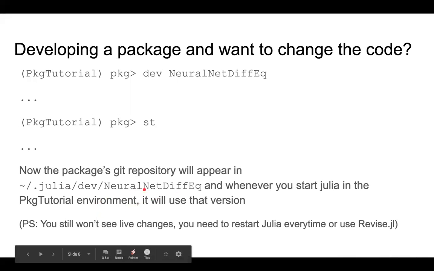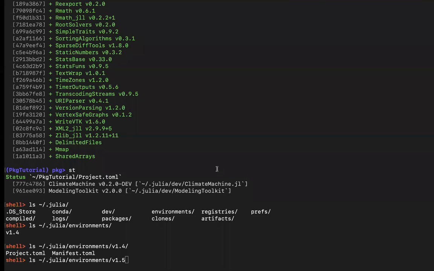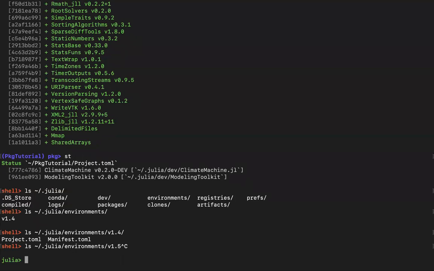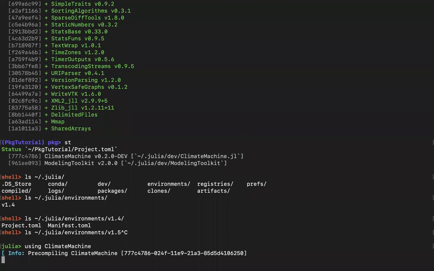Moving on. So yes, I see that already many people are aware of this. But if you develop a package in a particular environment, and then you write using climate machine.js, this will use the package in your current session. But if you change anything now, it won't be reflected in this current session.